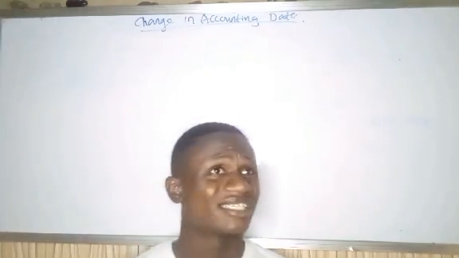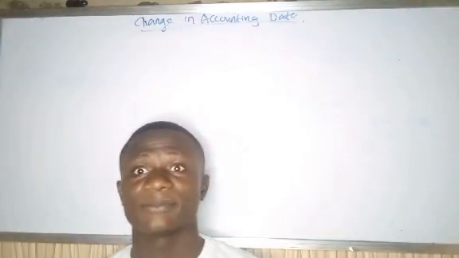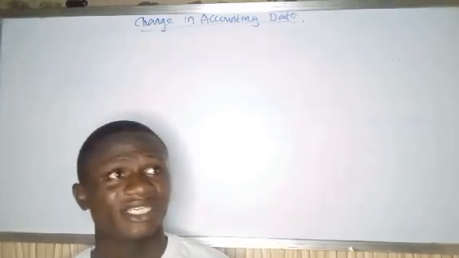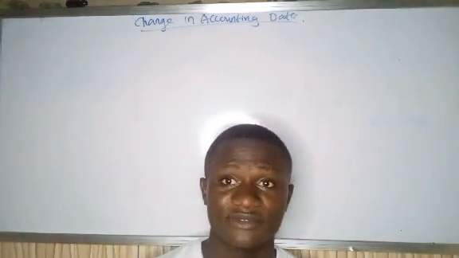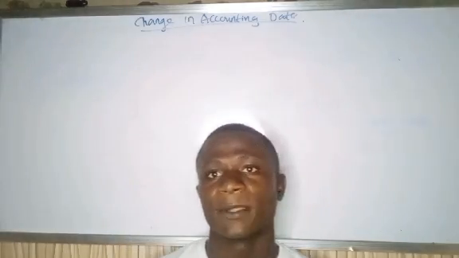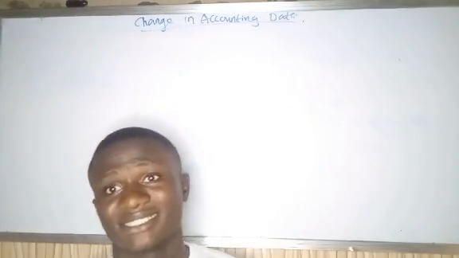Then all of a sudden they decide that no, they don't want to be closing their books of accounts in December of every year. They want to be closing it in April of every year, March of every year. It's not necessarily December. It can be anytime. So how do we assess them to tax?